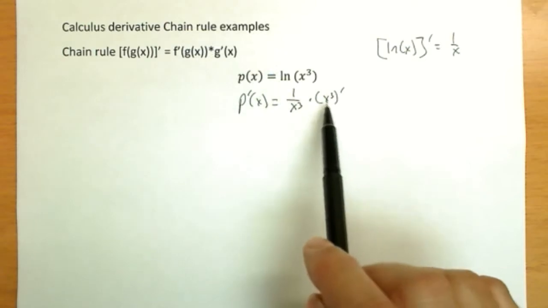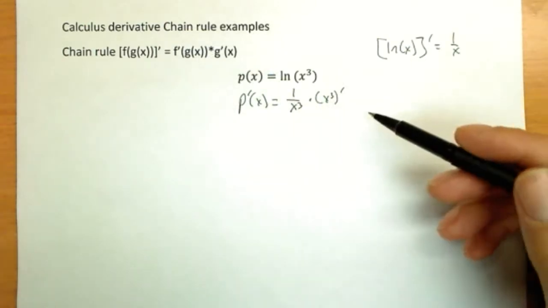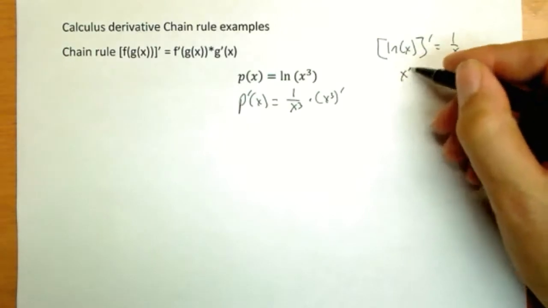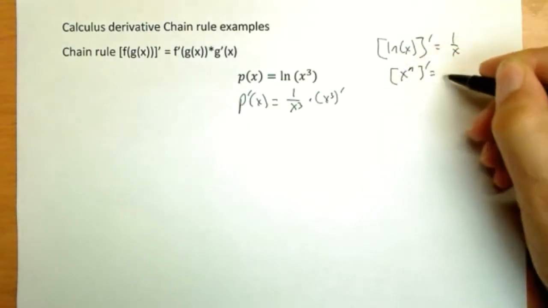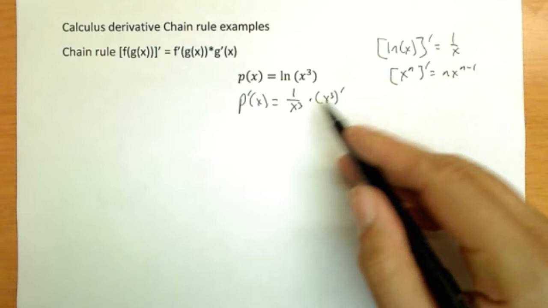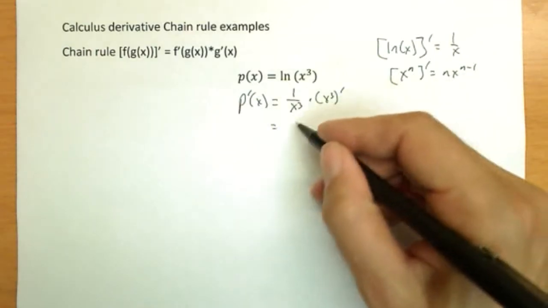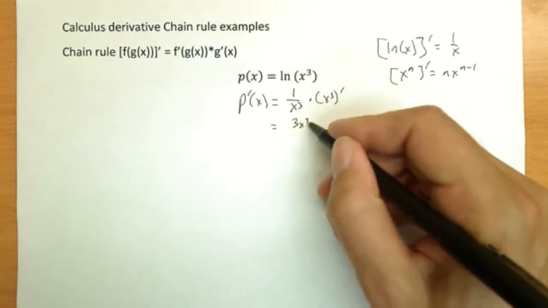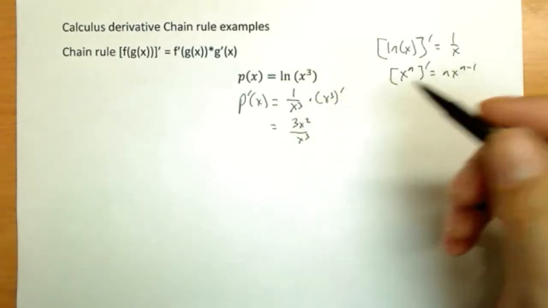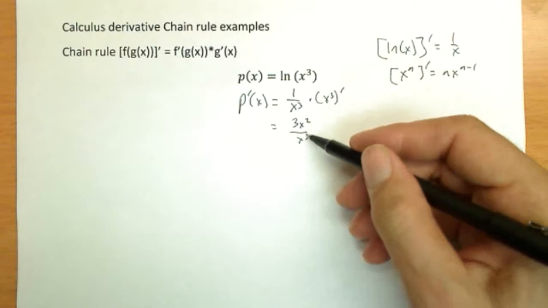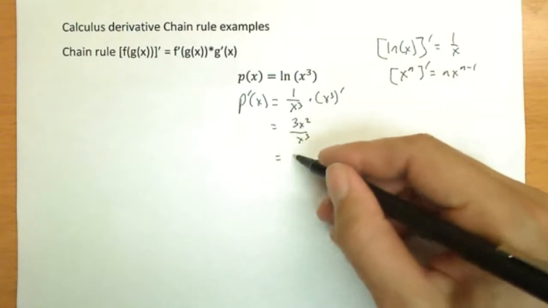So now we still need to do the derivative of x cubed, which of course from the power rule, the rule for x to the n, the derivative is n x to the n minus 1. So the 3 will come down in front and we'll subtract 1. So we'll put this on top of the fraction, 3x squared over x cubed. Derivative free, but we should of course simplify, and x squared over x cubed will cancel, giving me simply 3